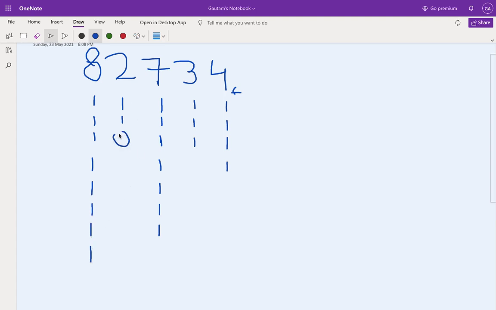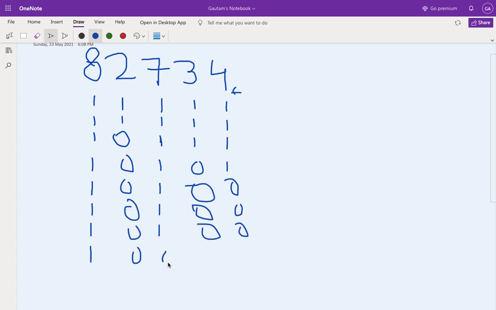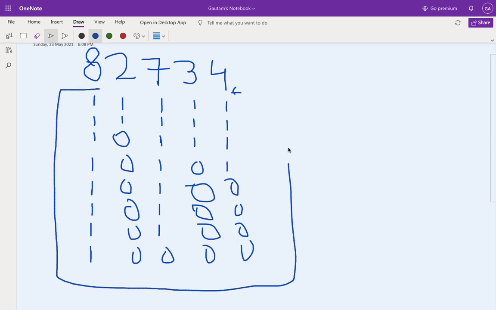Now we could just mark the rest with 0. So there are 8 deci-binary numbers needed to sum up so that they represent this number.